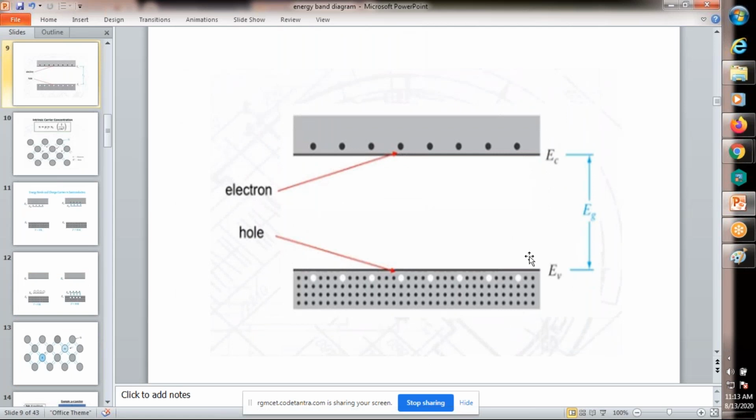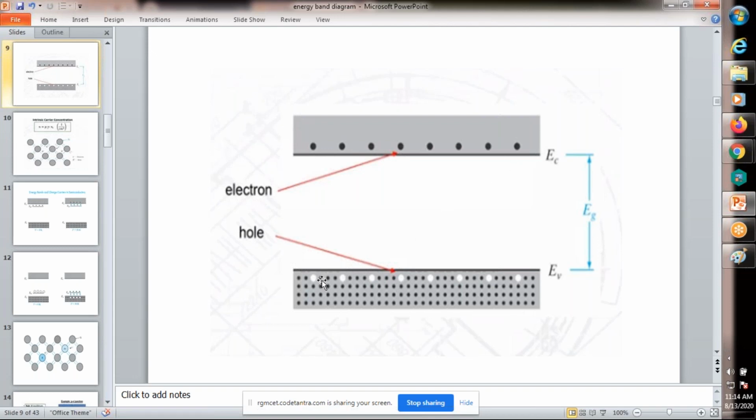This we already discussed here. This is the valence band. Below this, EV is the energy of the valence band, and EC is the conduction band. Observe here, for EC, the conduction band, we are considering the lowest level of energy state. For the valence band, we are considering the highest level of energy state. For the lower band, the highest energy state; for the upper band, the conduction band, the lowest energy state.